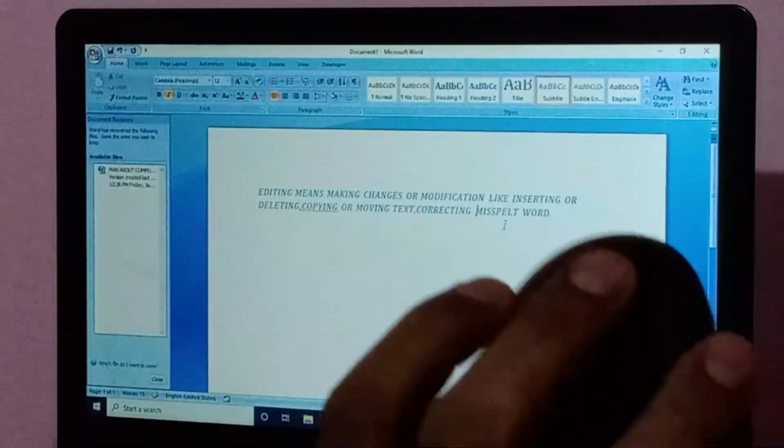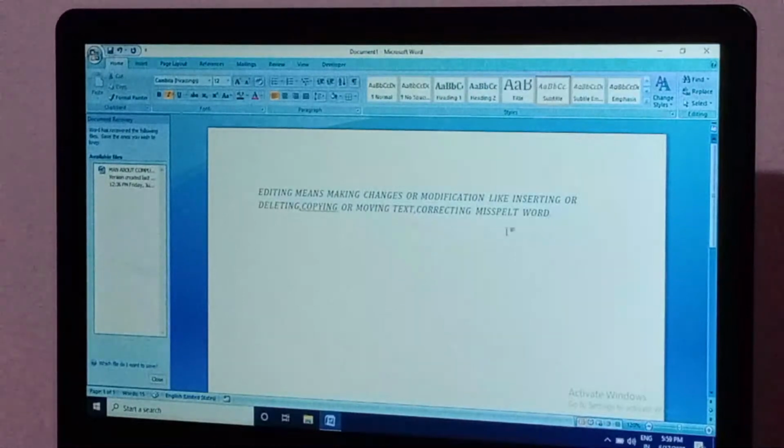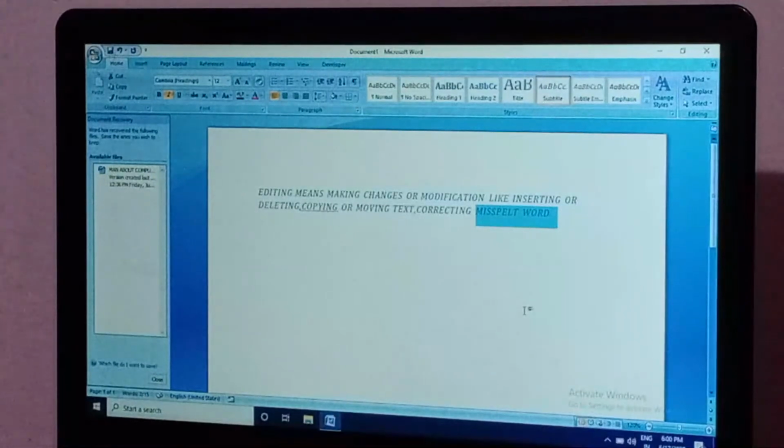Press the mouse button with one finger, press and then drag. This misspelled word is selected. First, word selecting. I select only the misspelled word. This is word selecting. One word selecting, two word selecting.